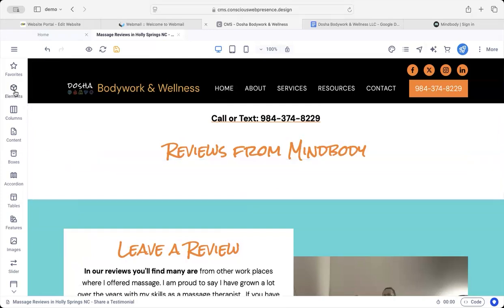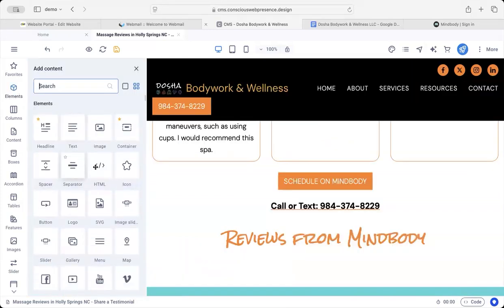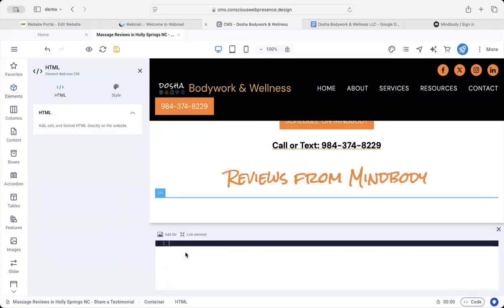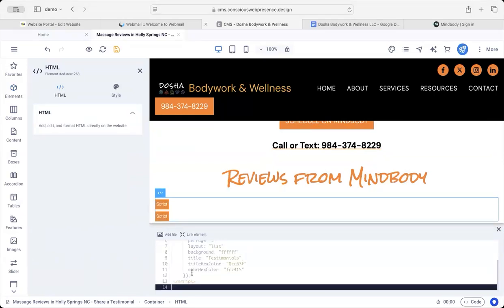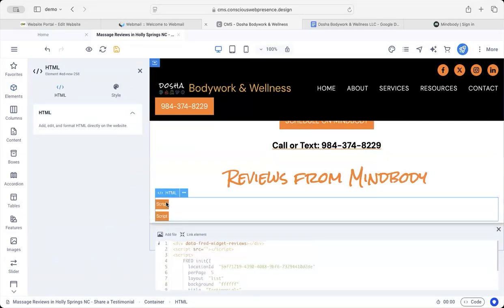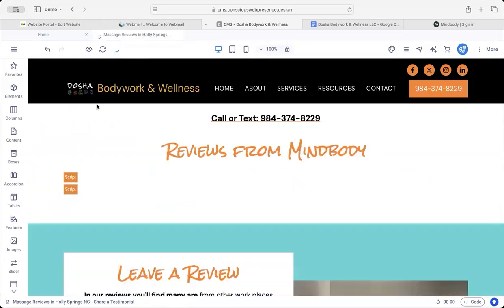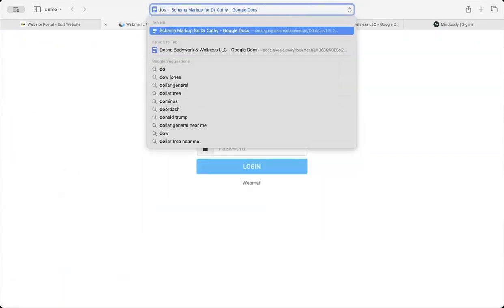I'm going to go over here to elements, and I'm going to grab HTML, and I'm going to bring it over here so the green box goes, see the green line? I'm going to place that right there, and now I'm going to Command V to copy that script in there. Oh, it does have two scripts, okay. So that was right before. So now I'm saving it, and then I'll go to your website